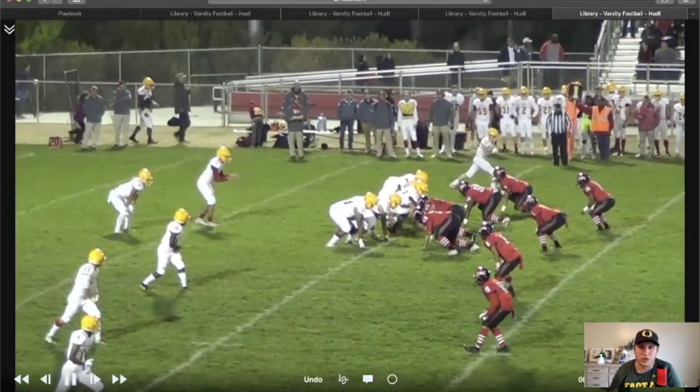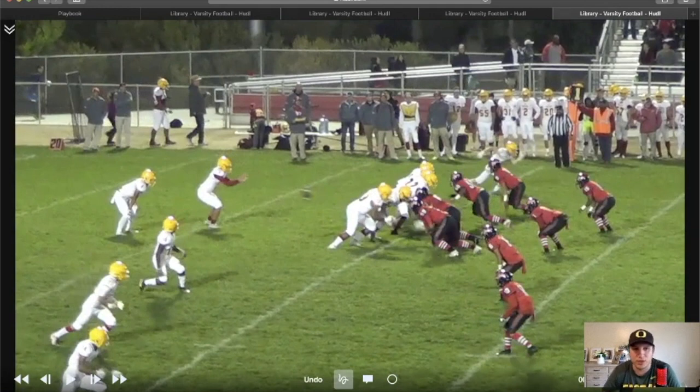So again, just another concept, different ways that you can tag it. You can run the bubble to the 3 side. You can run the quick screen to the number 1 receiver from the 3 side. You can run the fade route, the slant route, the out route, the hitch route, and the possibilities are pretty much endless when you start tagging your quick pass game with zone read, and you're really able to attack the defense in the run and the pass. All right, Coach, there you have it. That's how you can start tagging the defense in the pass and in the run